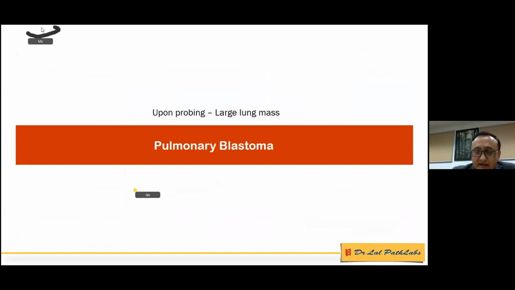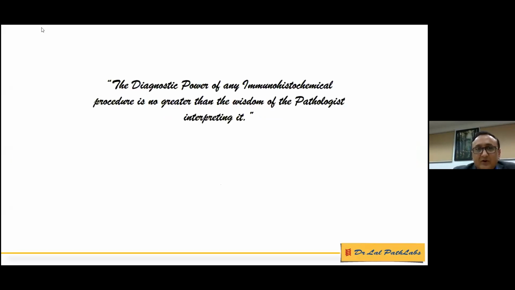So the idea of showing this case here is that IHC is not always helpful. There may be some cases where even extensive IHC may not be helpful in arriving at a diagnosis. So good knowledge of histopathology is very, very important. So I'd like to end with this statement: the diagnostic power of any